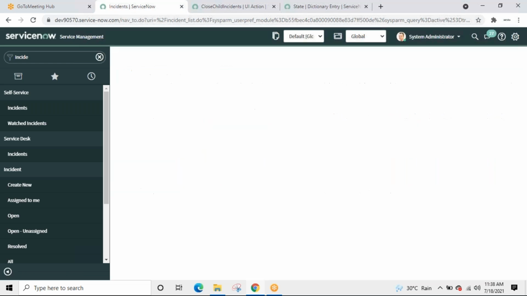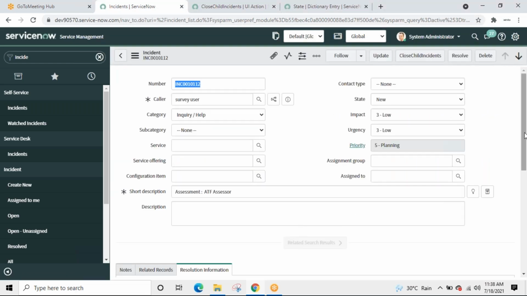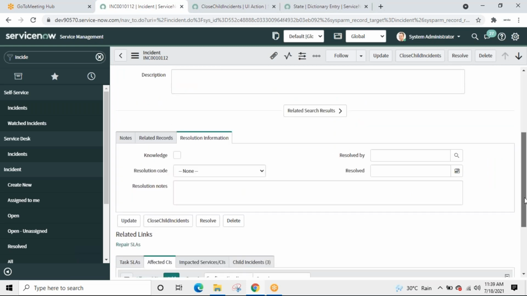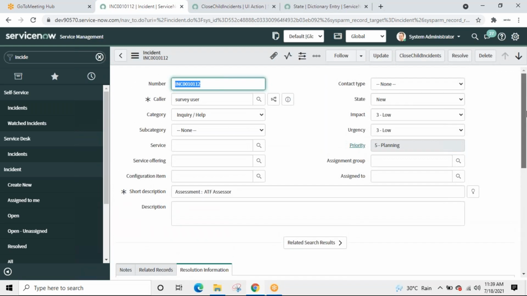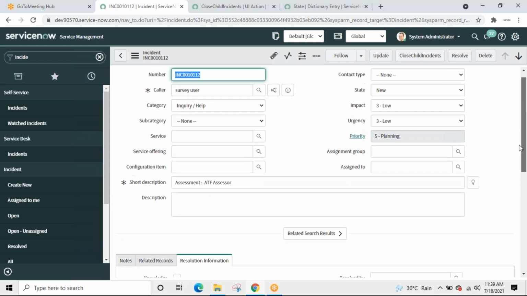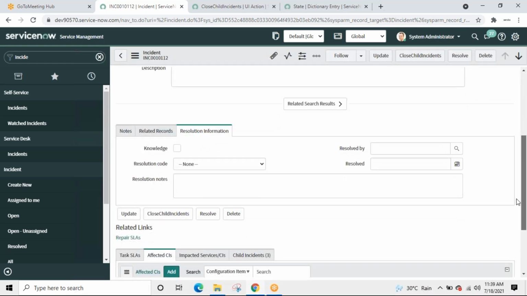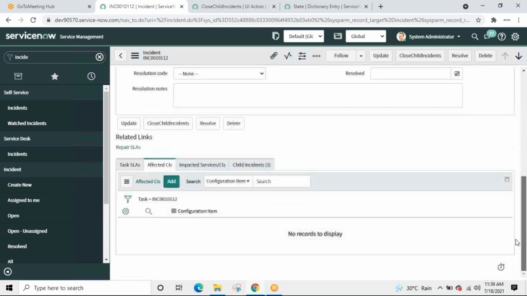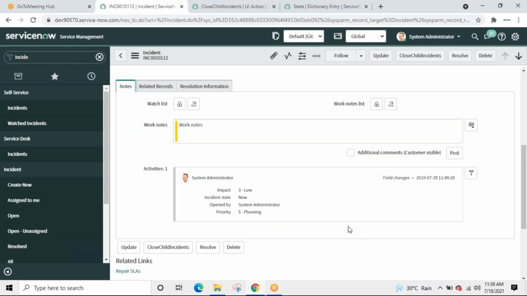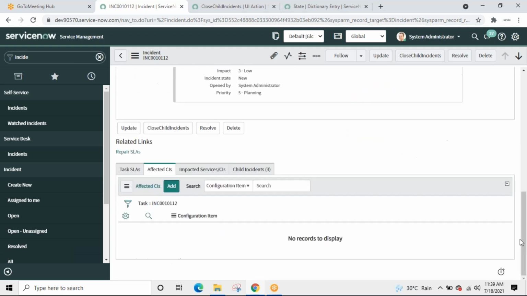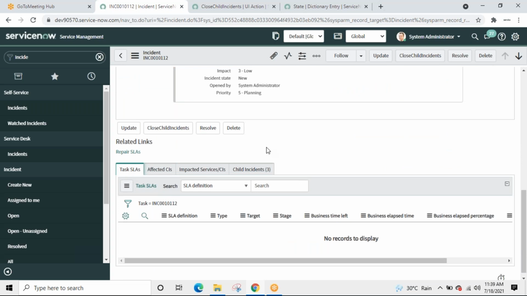Try to search when you check, uncheck this. Where does that option go? Here. Now I'm not able to see the drop down that we were seeing. There was a kind of list over here. Where did it go? No. Fine.